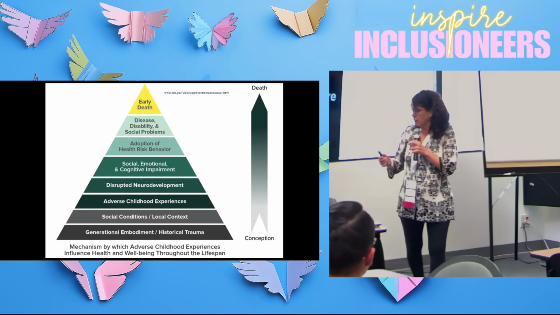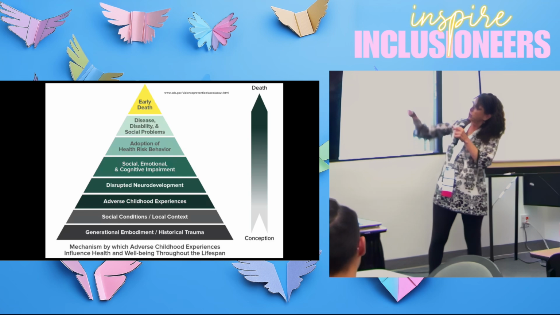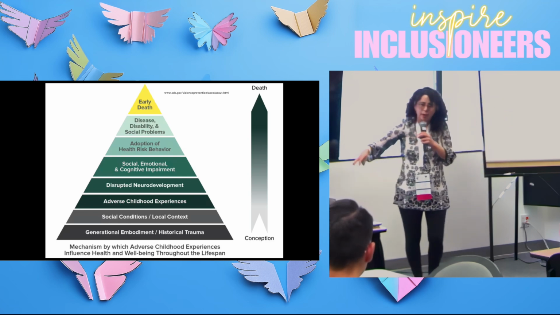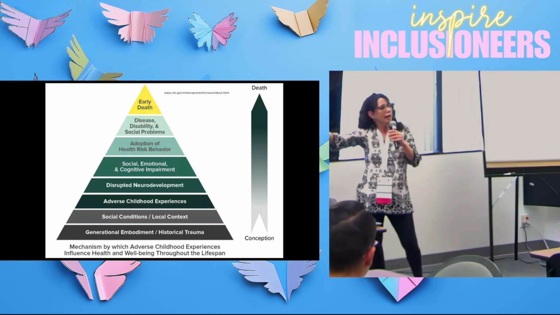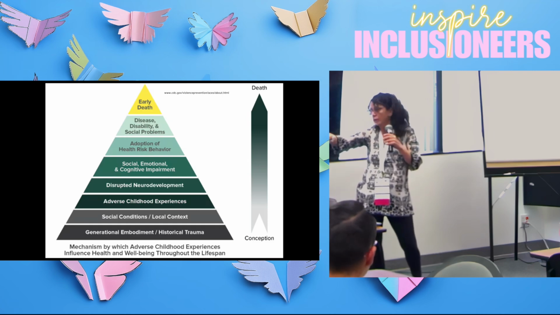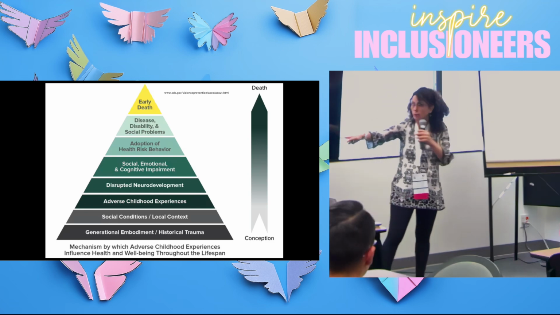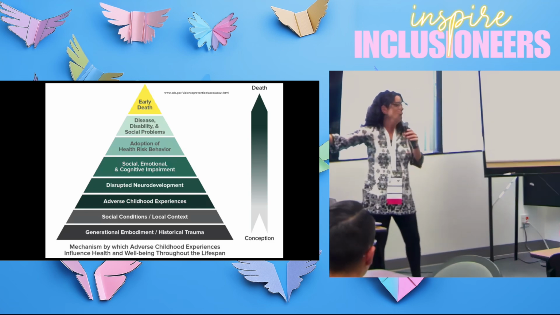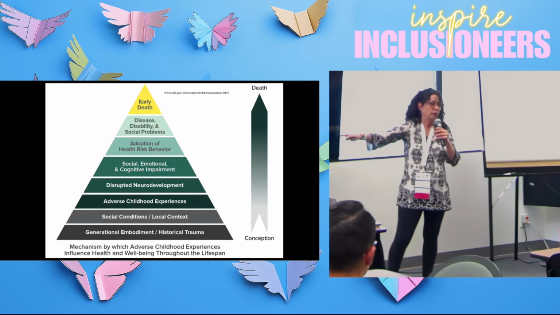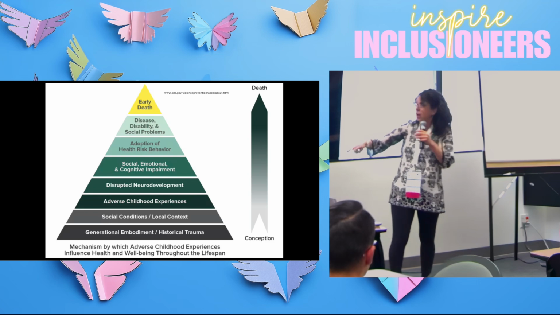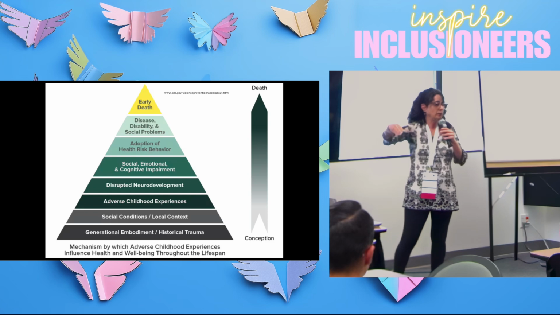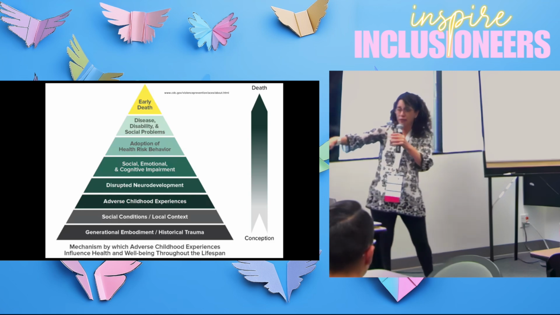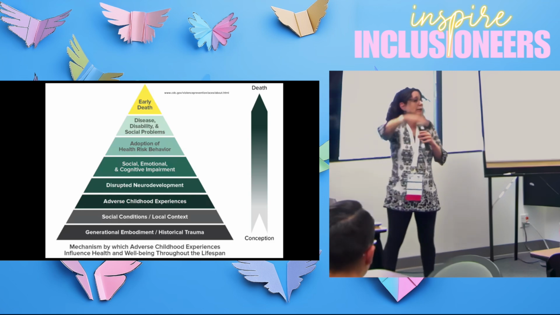And if you're looking at the ACEs pyramid, it could start all the way down from historic trauma. And it was kind of a nice segue that we had Dr. Love before we came in here, because she's talking about generational historic trauma, right? If your family was discriminated against, a victim of genocide, a victim of war, they had to migrate, any of those historical traumas are impacting parenting patterns, which can impact the whole system even hundreds of years